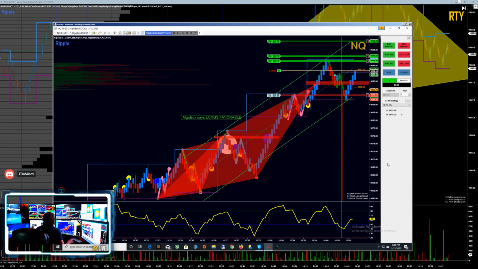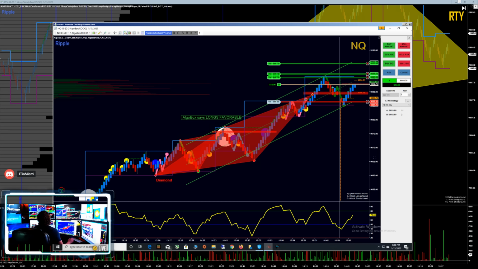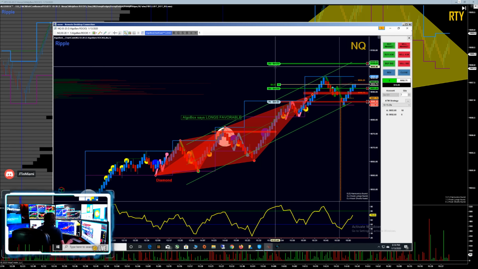You see how I hit that 2 times? Click, click. Now you can have sounds on for that. I have them turned off right now, but you guys get the picture. So as the market goes up and hits these targets, you'll hear... oh yeah, forgot, I don't have any sound on. Otherwise you would hear those hitting targets. But this is how you can take your profits as well.